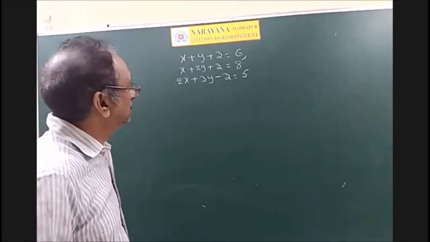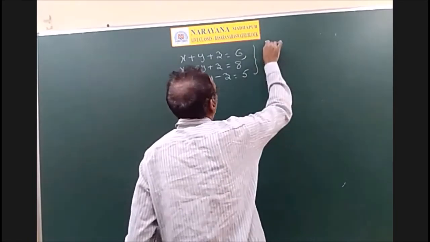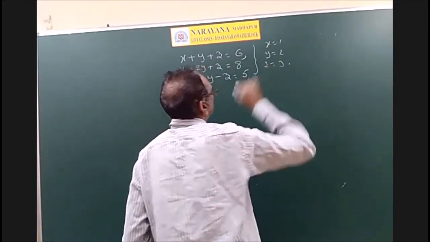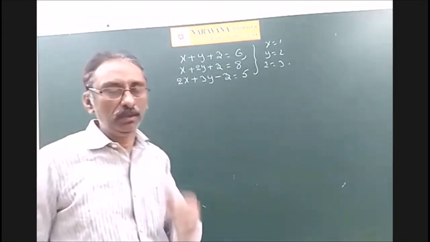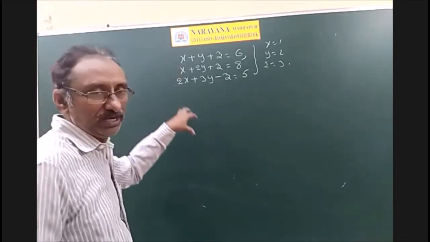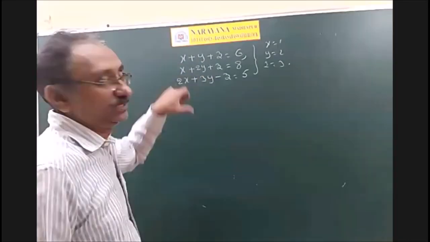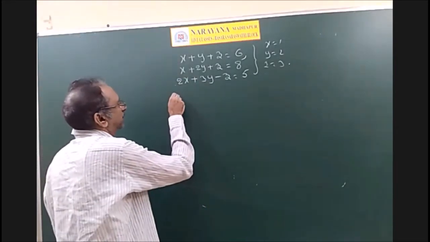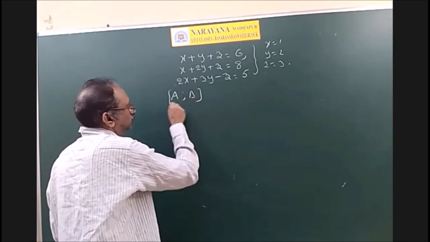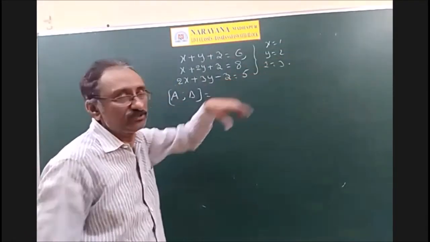Okay. So these are the equations we have taken previously. We got the values x is equal to 1, y is equal to 2, z is equal to 3. That means unique solution. See how we are going to get those solutions, or how we can find that the solution is unique using this process. So first of all, write the augmented matrix AB. Before writing that, make sure that all the constants are on the right hand side only.